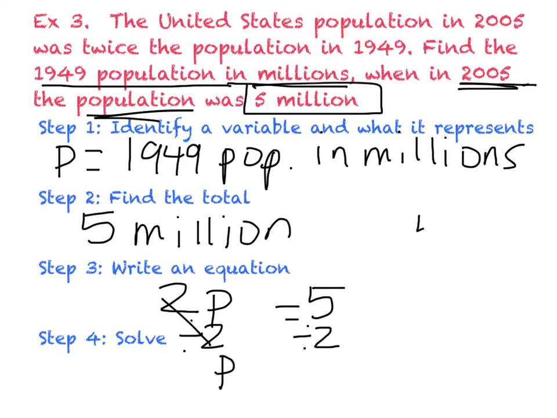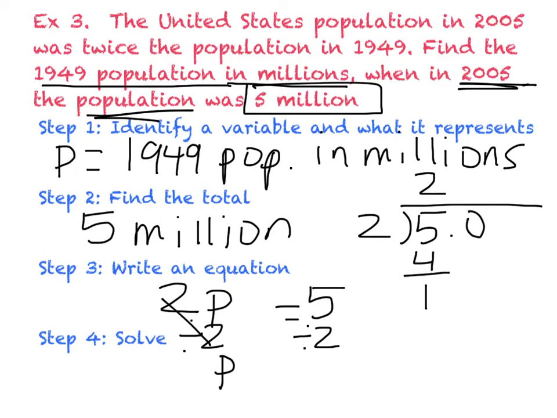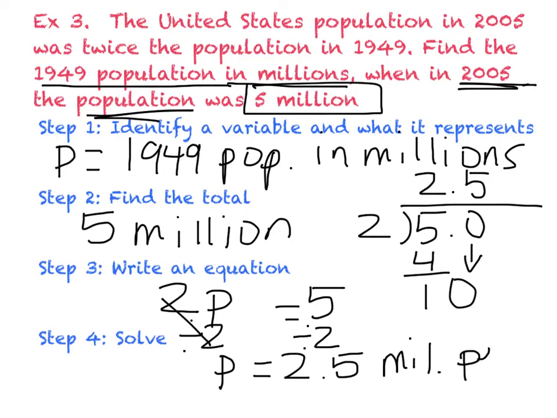So I'm going to find some space to do my division. 2 is going to go in twice. I'm going to have some left over. Now I don't want a remainder, so I'm going to add my decimal and 0, make sure that decimal goes up to the top, bring down my 0, goes in 5 times. So I have p equals 2.5. I have to remember that that's the population in millions. So 2.5 million. I'm just going to abbreviate million so I have room to write people